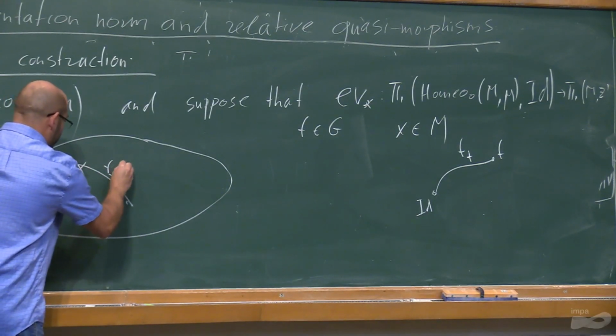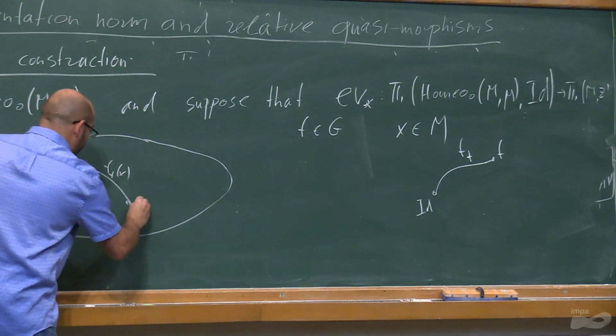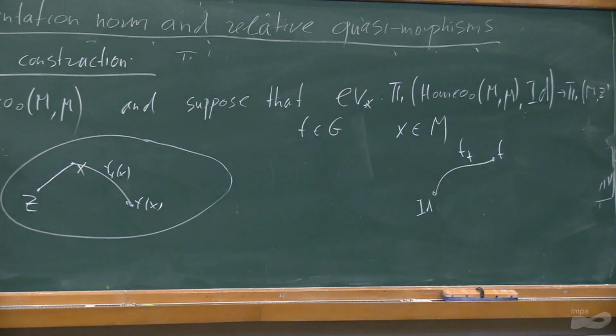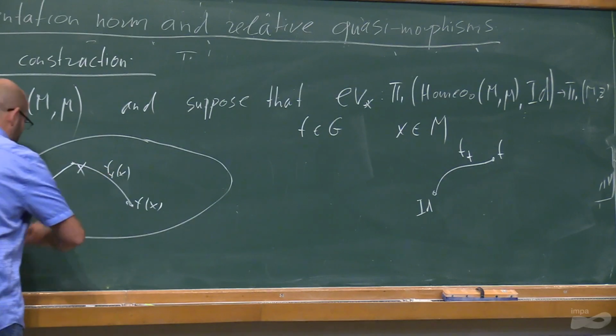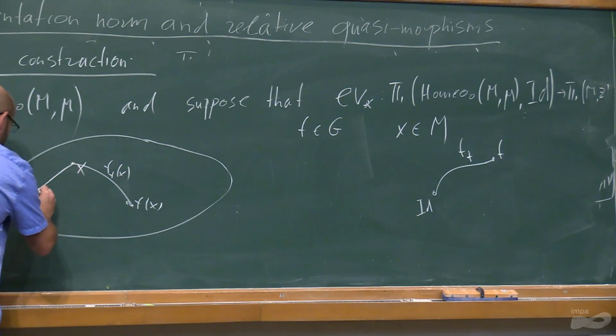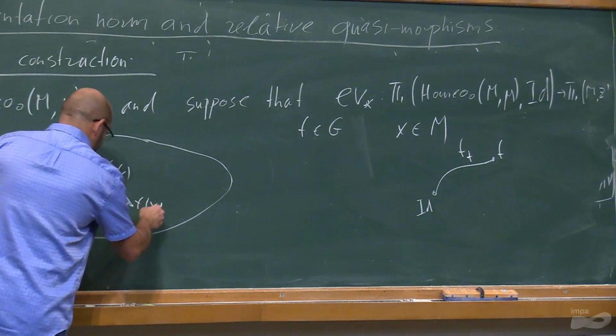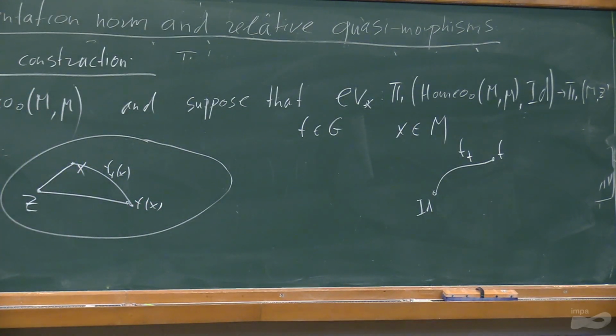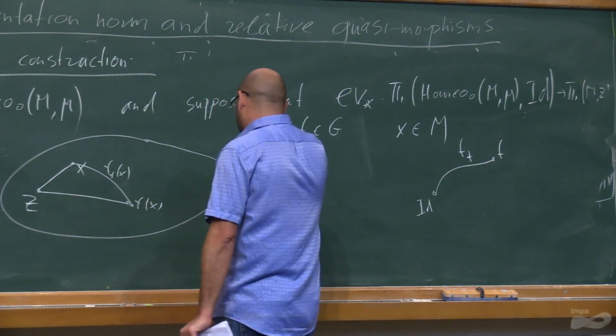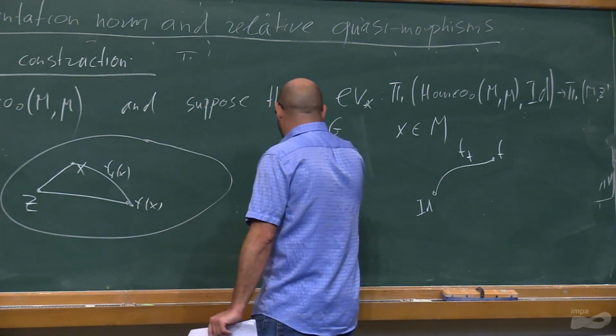I have this path f_t of x, and this is f of x. Right? So it, of course, can intersect itself. This is just a certain picture. And then I connect f of x with z with another geodesic. So what I get is actually a loop. Right? And then this loop, or the homotopy type of this loop, I will denote by gamma